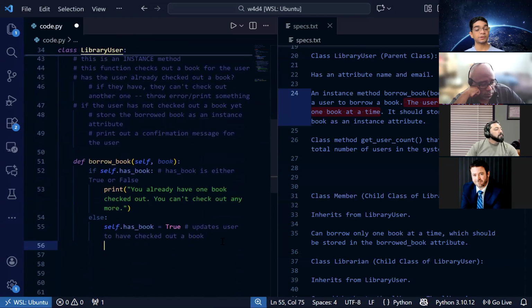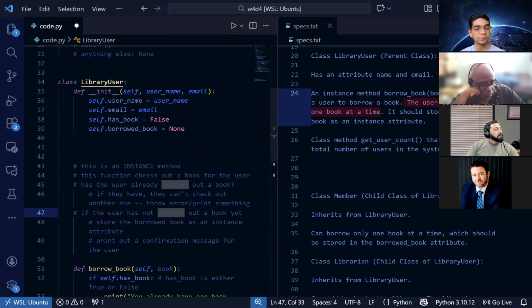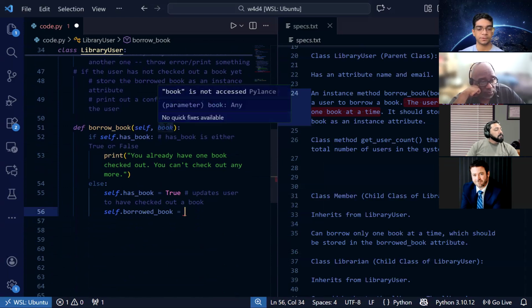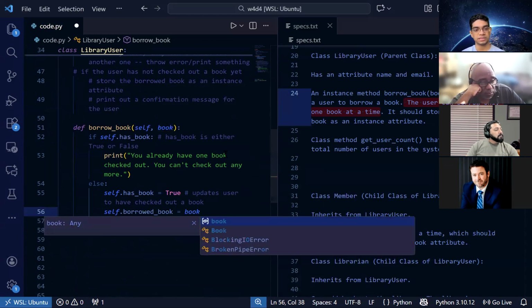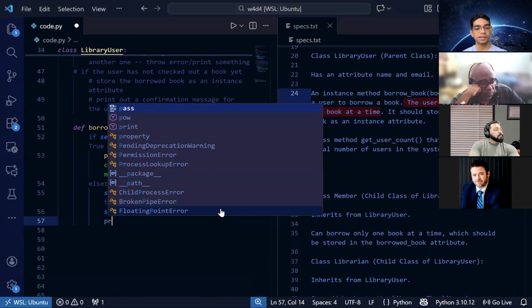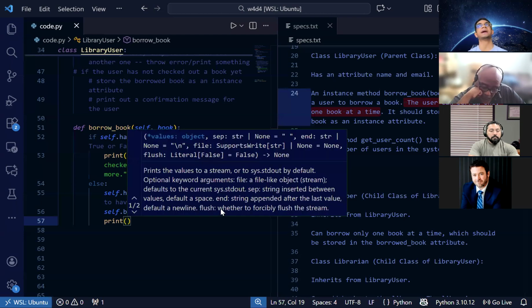So now we can go back to our else statement. We set that it has checked out a book, and now we've set that to true. So now we can also update our borrowed book. Let's update borrowed book to be equal to the book that we input into the function. And then now we can print out